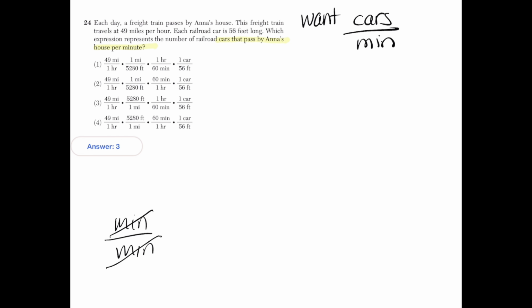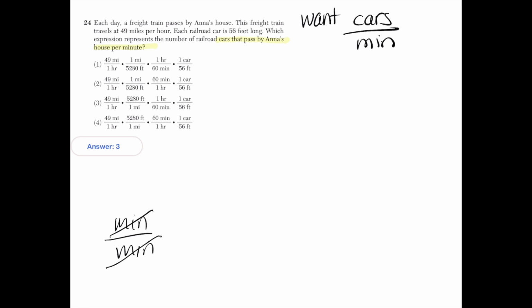The challenge here is, I used to look at this and want to multiply all those numbers, and they're not even asking me to. They just want to know which equation is going to end up with that. So we're going to look at the first one. What I want you to look for is units that are the same in the numerator and the denominator. So for example, in number 1,